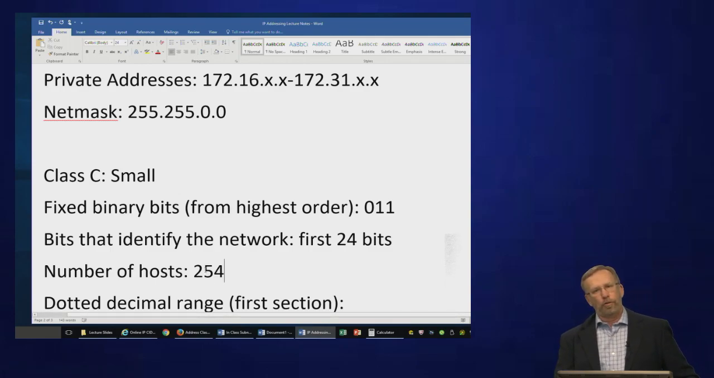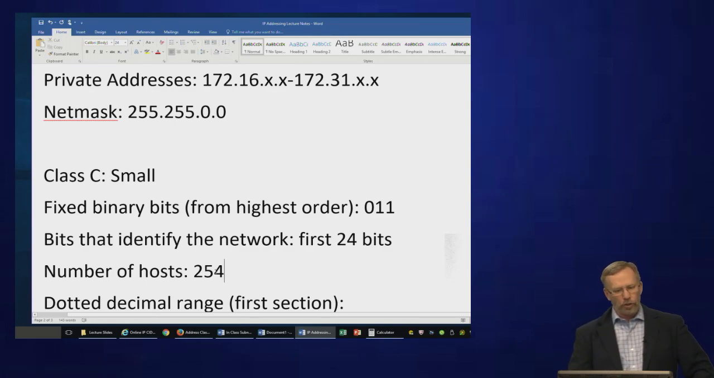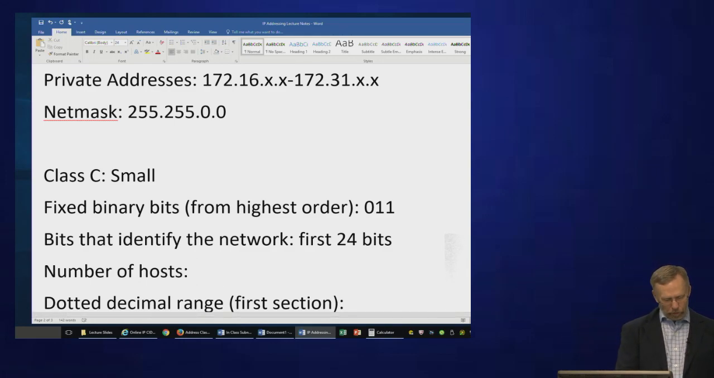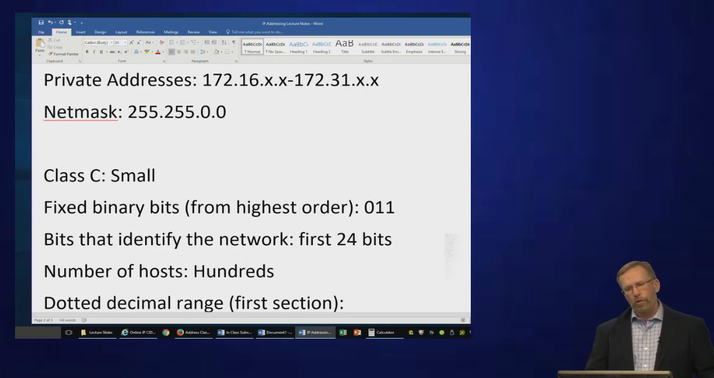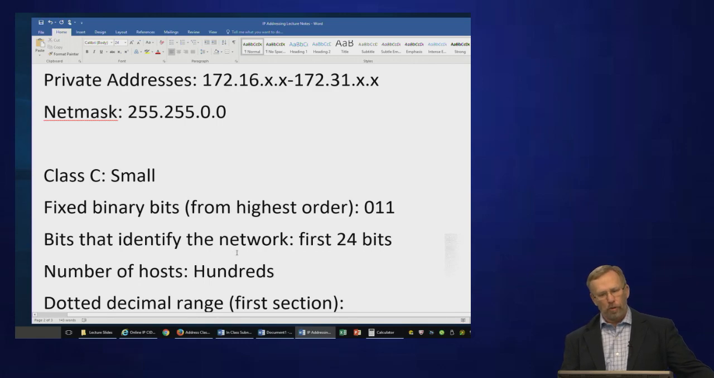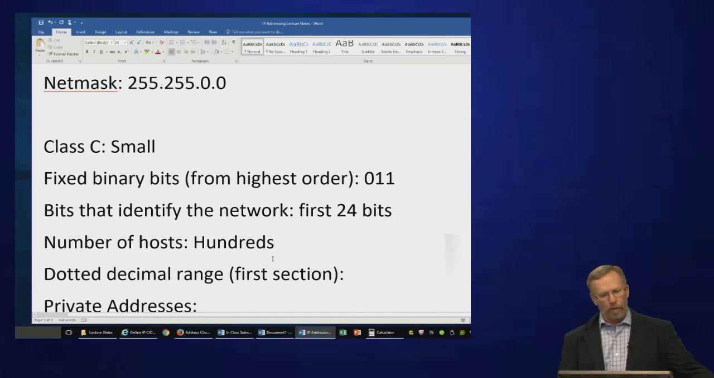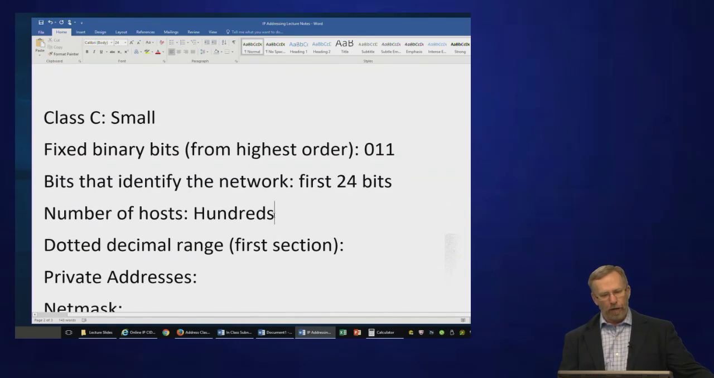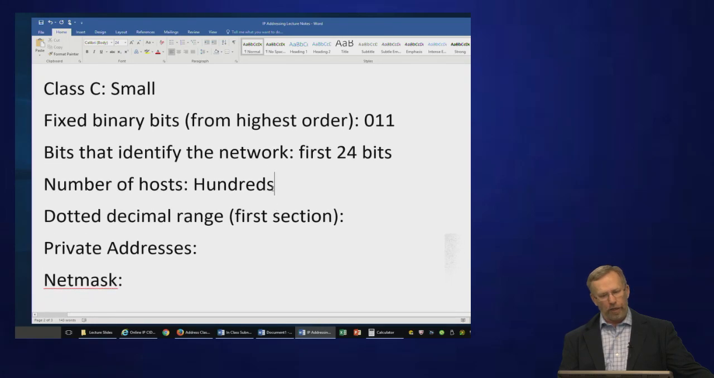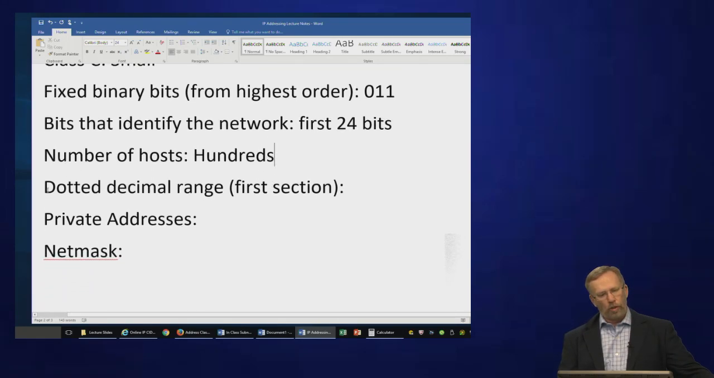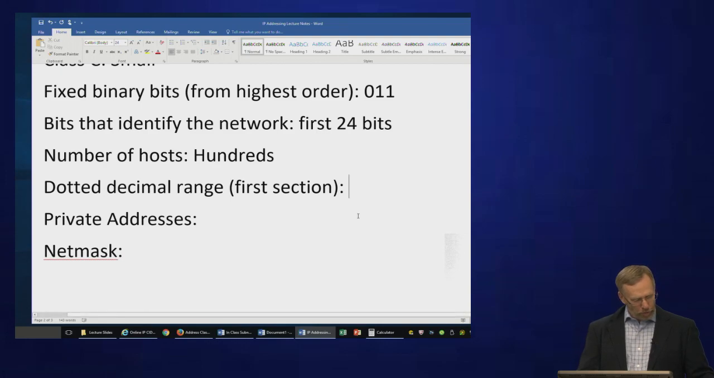We actually end up with 254 hosts, or I should say, to make it consistent with the others, hundreds of hosts in a Class C network. And again, this information is readily available on the internet. I ask you questions about it in the assignment that accompanies this lecture, so you'll be able to find that fairly easily, I think. The dotted decimal range, or the first section of the IP address for a Class C network, ranges between